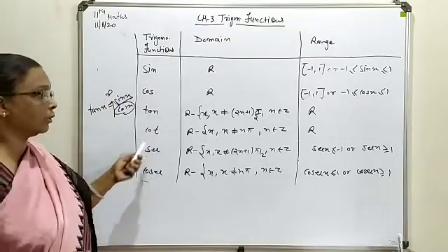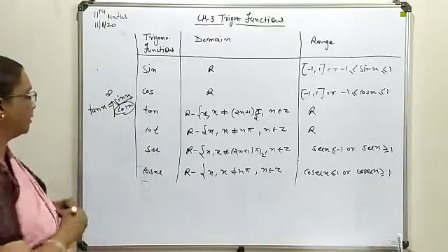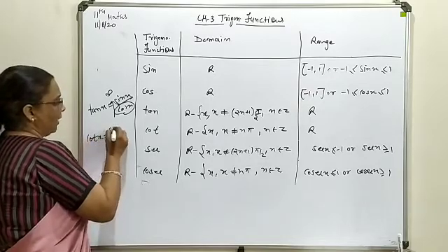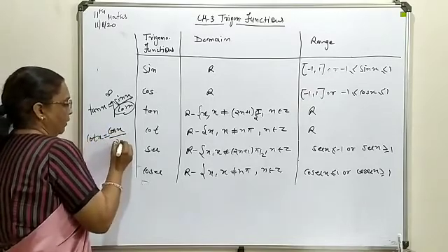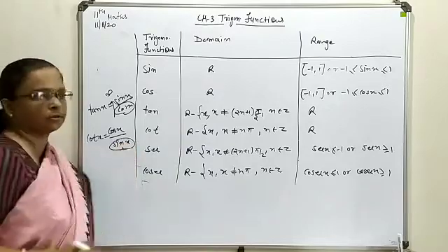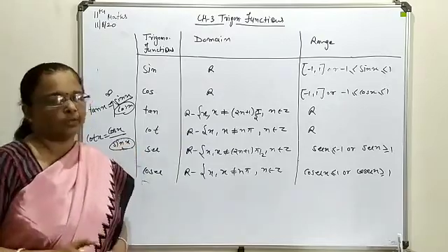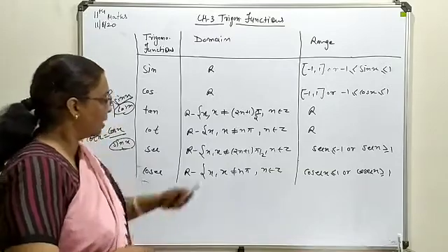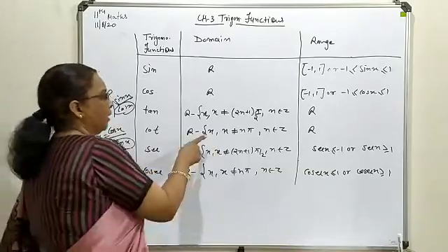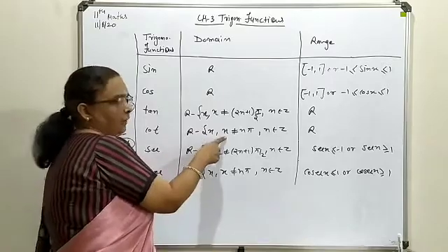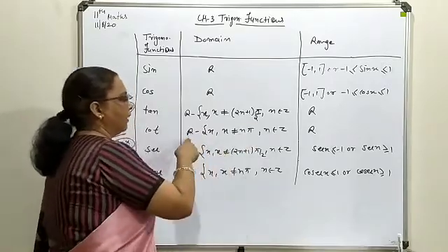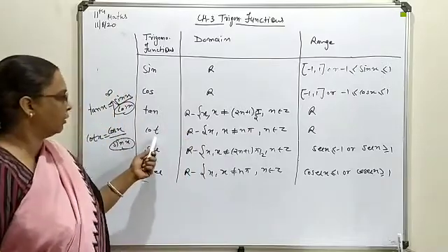Same in terms of the cot. Again your cot is a ratio of cos by sine. So here you have to cut all the values of sin x which tends to 0. The zero solution of sin x we have seen, that was n pi. So from this, all the values of x which tends to 0 we are going to cut, and the remaining we are going to select for a solution of cot.